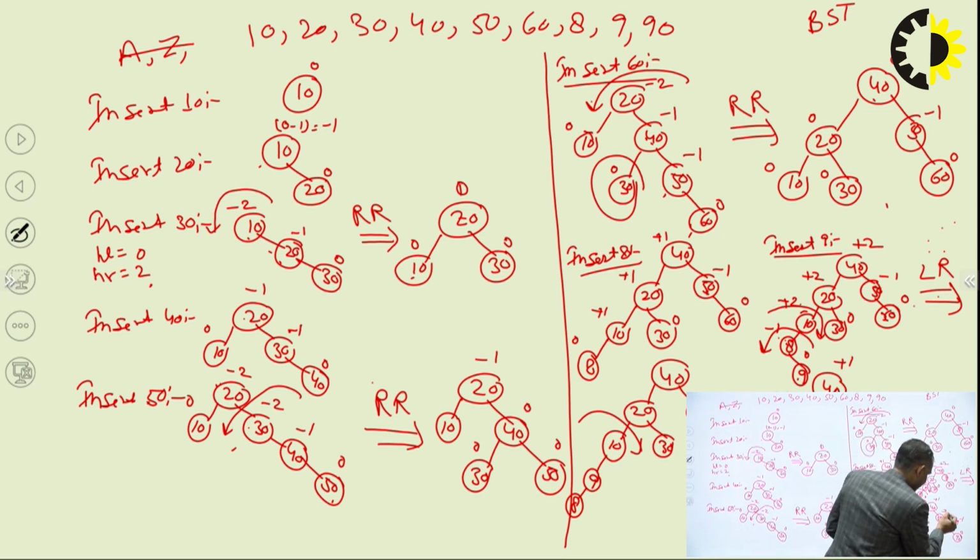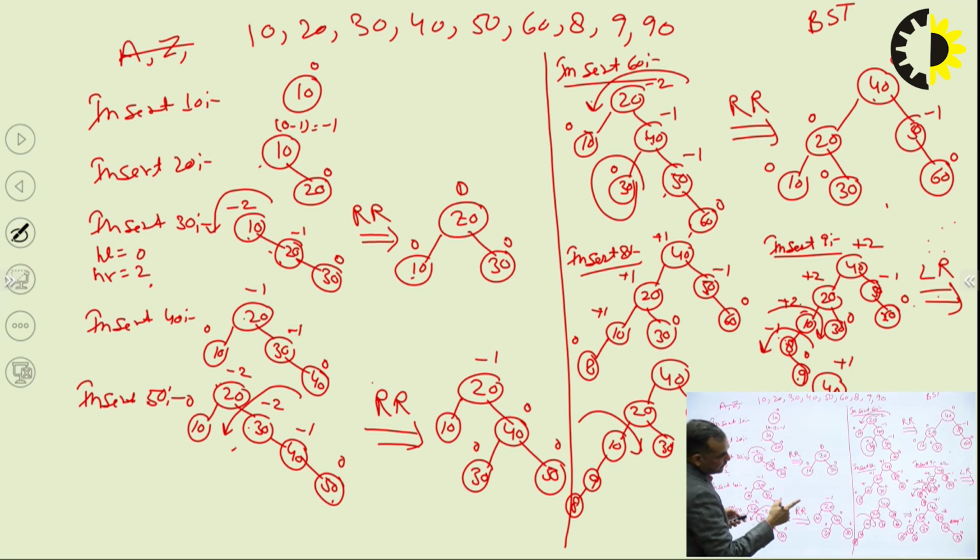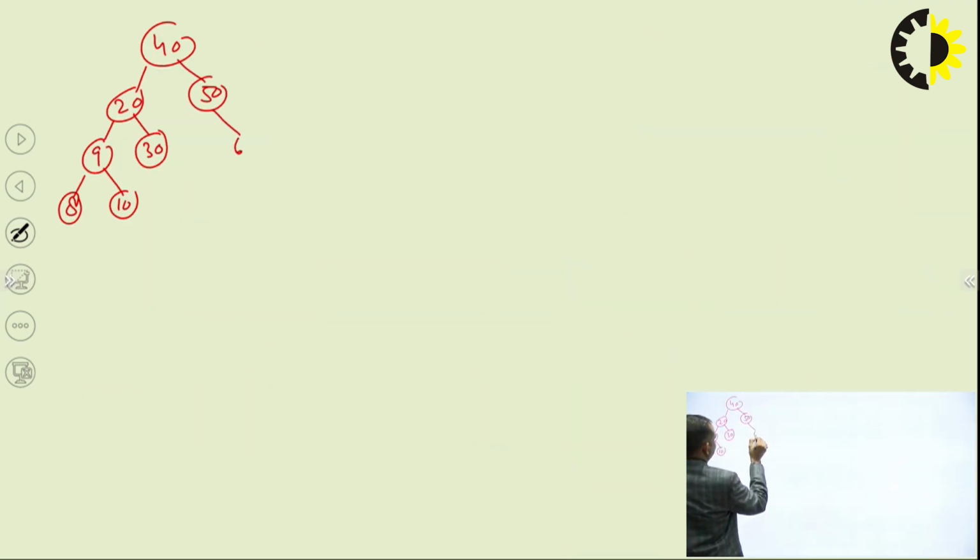50 ka balance factor is 0 and right is 2, that is the -2. I am making the next side, that is 40, 20, 50. Here was 40, here 20 and here is 50, here is 9, 8 and 10, here is 30 and 60. When we have to insert the 90 this side, so we have to find out the balance factor. Its balance factor is 0, its balance factor is 0, left height 1 right height 1, so 1 - 1 is 0.